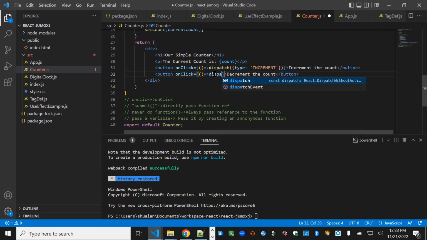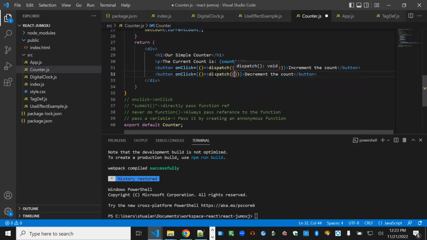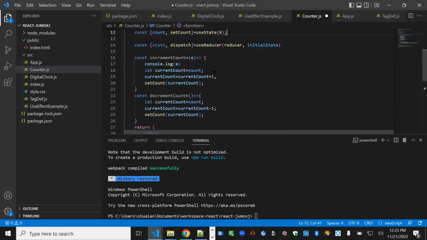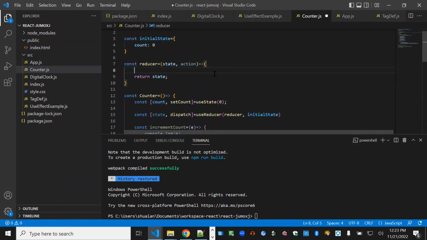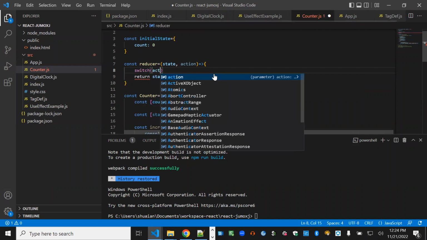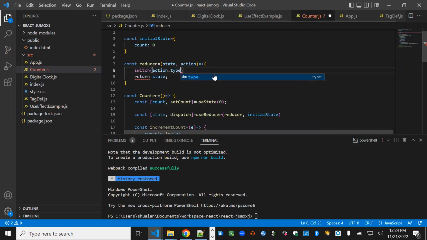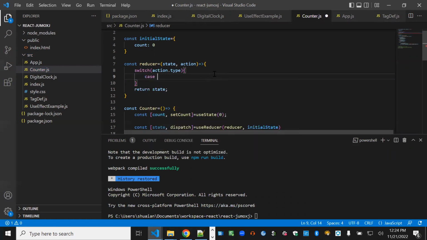We will call the dispatch function with type increment. Okay, now if we go to a reducer, we can write our logic. So what we are going to do is switch over action.type, right? So if the action.type is increment,